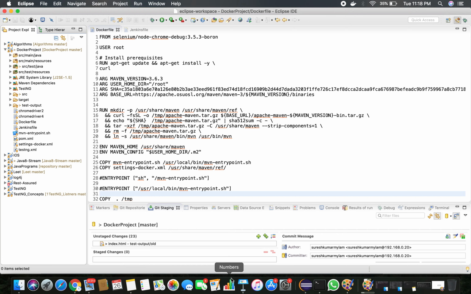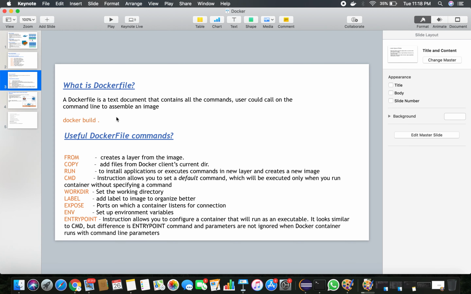To build the image, this is the command. Once you have your Dockerfile, you go to the directory where the Dockerfile is located, you just run docker build dot, and it picks the Dockerfile and builds an image. Let's see.